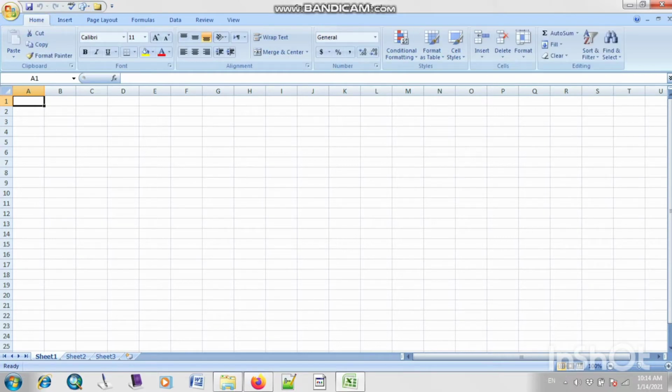So basically, this whole blue area on your screen is known as, what we can call it, Abdul Rahman? What we can call all this area, all this blue area? Right, this is known as your ribbon bar. So ribbon bar basically contains all your features, all your icons, all your commands.